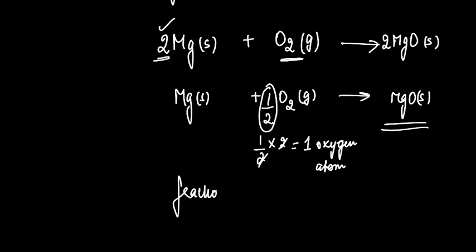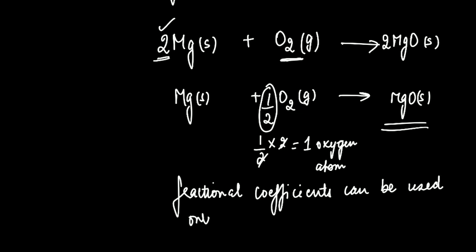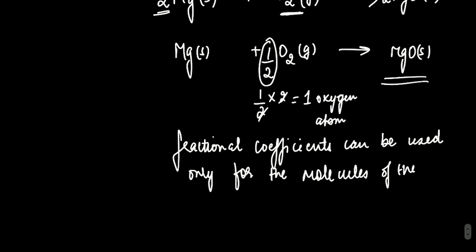So just remember, fractional coefficients can be used only for the molecules of the same element, like oxygen gas, hydrogen gas, nitrogen gas. We are never going to use any kind of fraction for compounds because we have different elements, and that will just make the whole equation complicated. So we don't want that. But this is a possibility. So if there is a question,